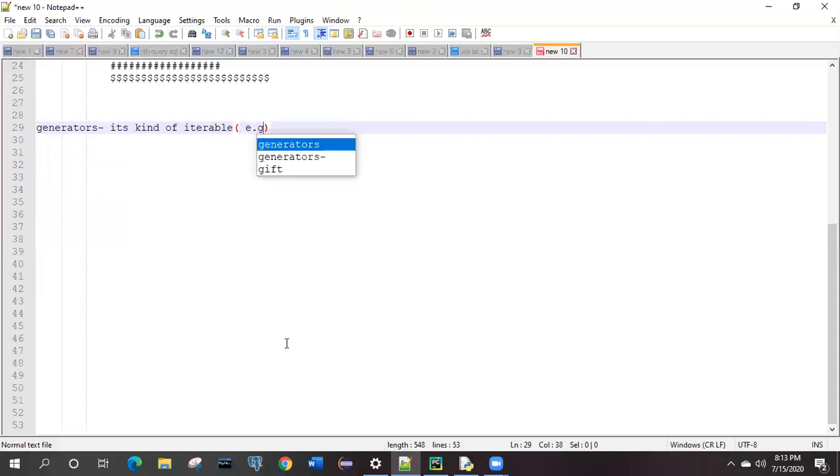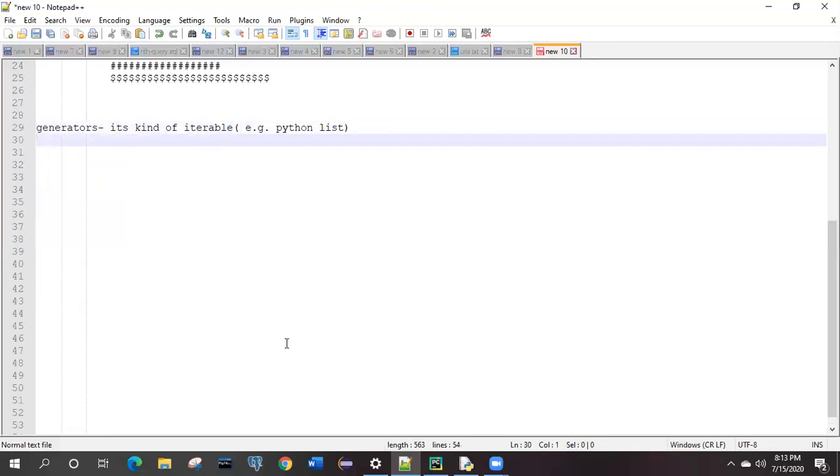For example, we can take the Python list, which is one of the iterables, right? So it is like that only, and how it is going to work and what it is good for. Now, if the name says that it will generate something, what will it generate? Something it will generate, then only it got its name.